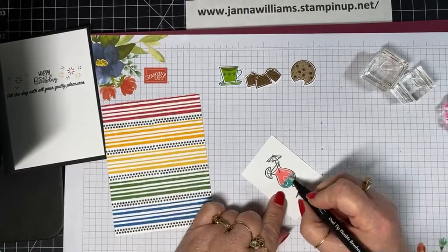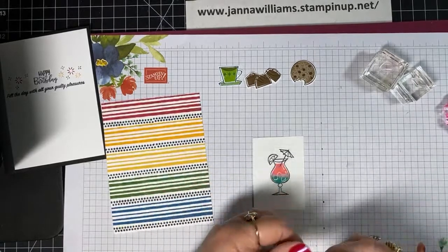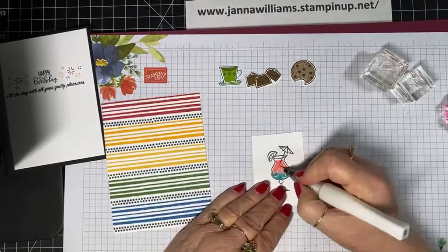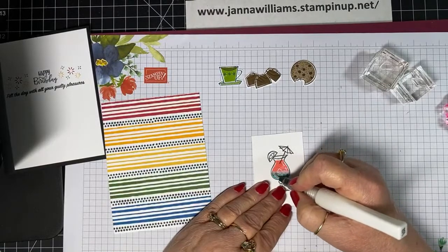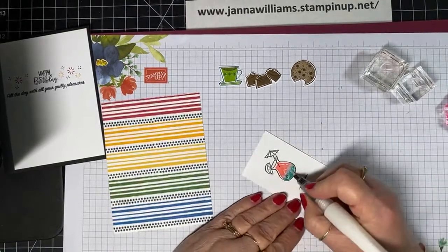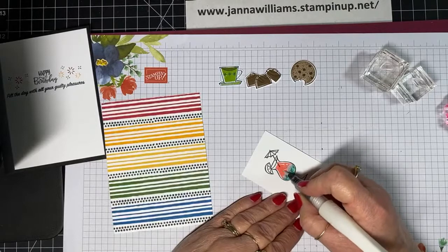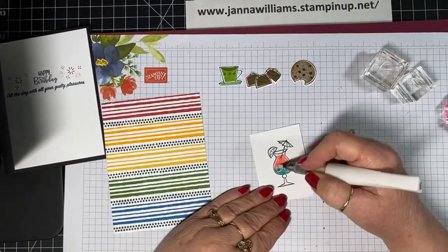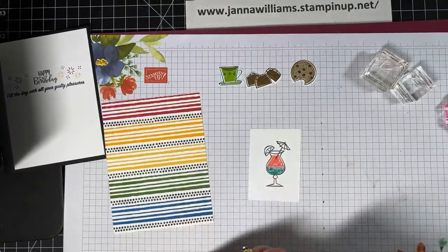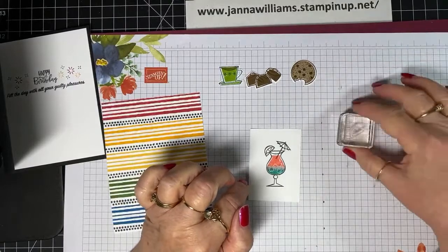And plus, I'm also going to put Wink of Stella on there, and that will help blend them. Because we want it sparkly too. I might have used a different end on that pen than I did on my first one, because it made it a little funny there. But it'll be fine in the end. Getting it nice and sparkly. There we go. All right, now we need a fun umbrella and a fun, let's see, did I make it